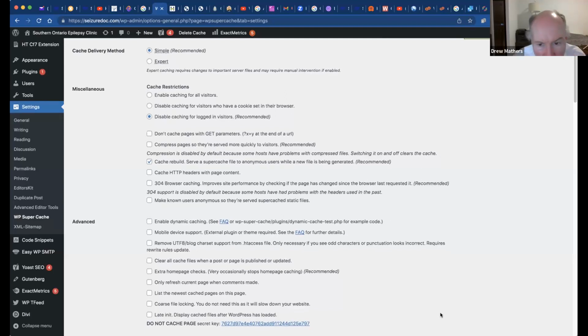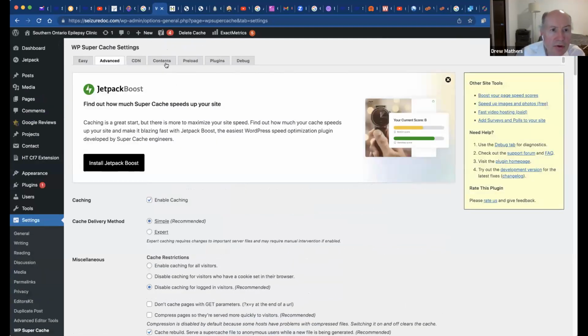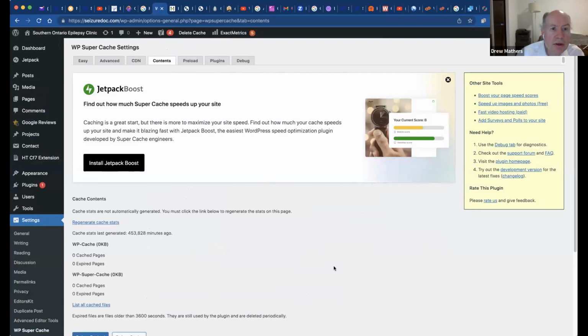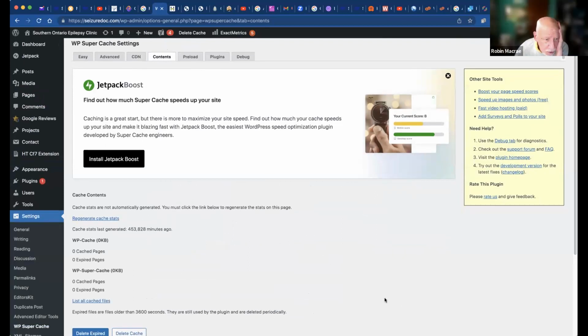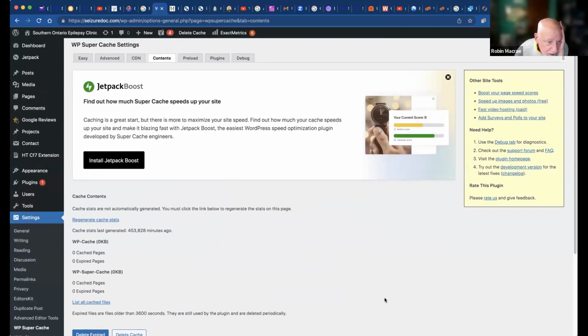And okay, let's go to the next tab, which is content, I believe. Yeah, the content tab. WP cache. Cache stats last generated 450,000 minutes ago. What does that mean?